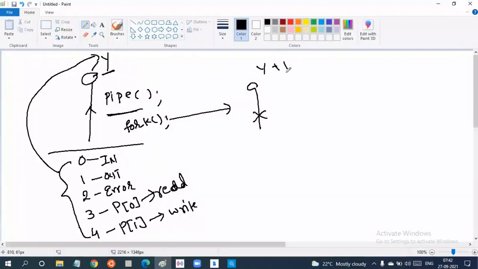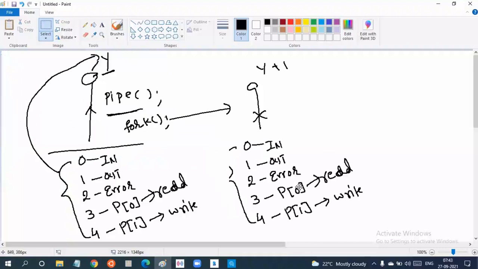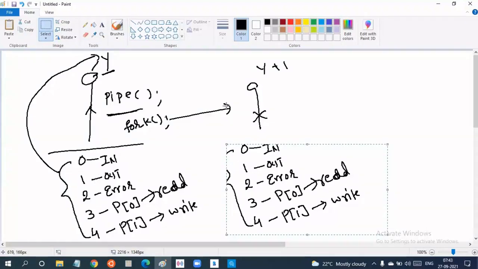After this, using the fork system call, this process creates a duplicate process, the child process. Try to recollect yesterday's program. Process Y creates a duplicate process called Y plus 1. Now all the file descriptors the parent has get copied to the child. When the parent creates a pipe and then creates the child process,